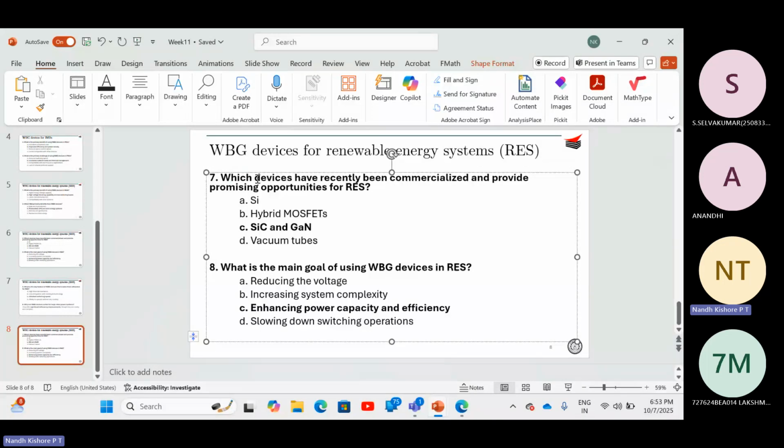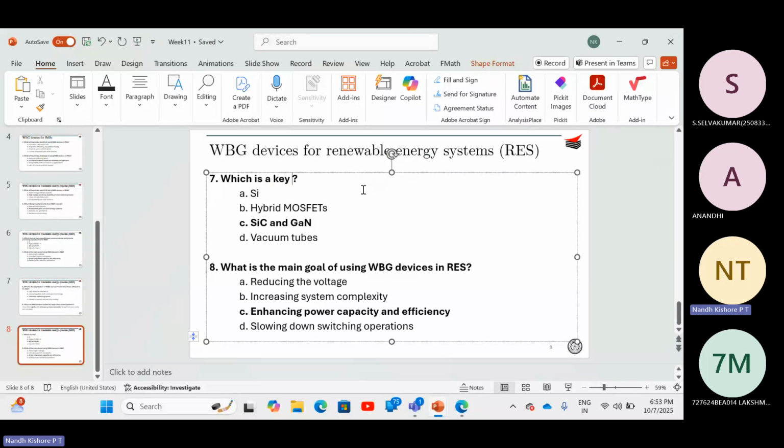The next one is: which of the following is a key feature of SiC devices in renewable energy systems? The answers are: high operating temperature,